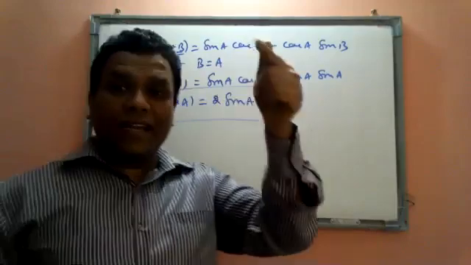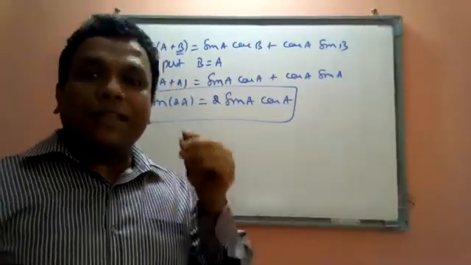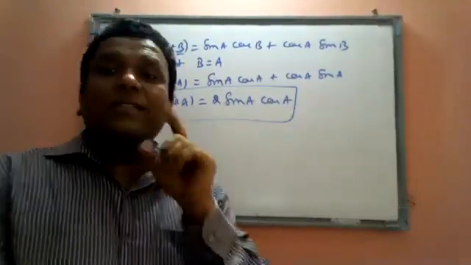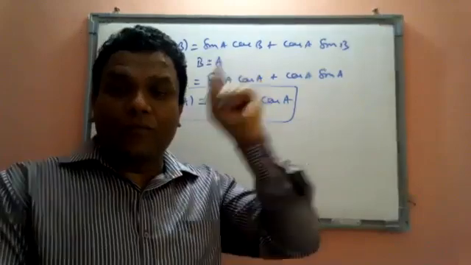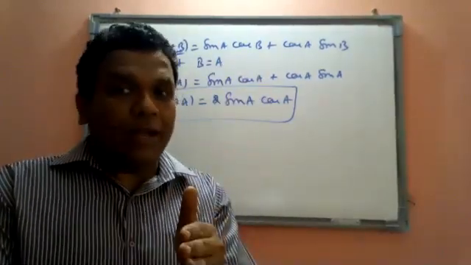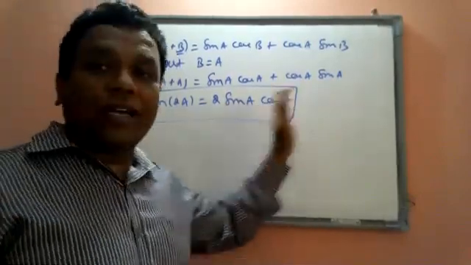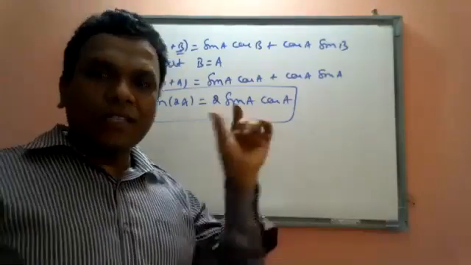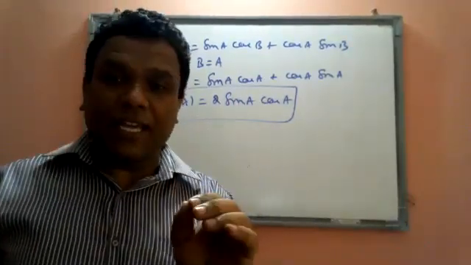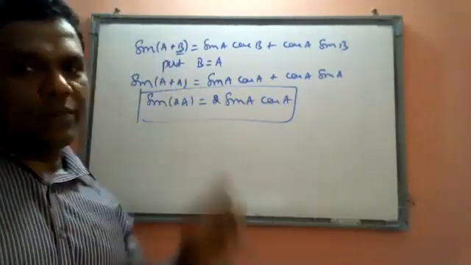I had an angle A. Now I am finding the multiple of angle A, that is 2a. Then I want to find out what sin 2a will be equal to. So if you want the sin 2a formula, you should remember the formula of sin of a plus b, where you replace b with a and derive the formula. So sin 2a will be equal to 2 sin a cos a. It's a small derivation. Don't worry, all these derivations are there in the EPL, you will copy them later. Now, first tell me, is this clear?